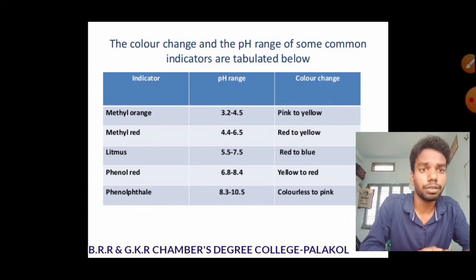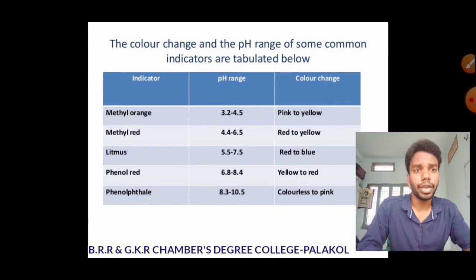Litmus 5.5 to 7.5, red to blue, right? Phenol red, this changes from acid to base. Okay, phenol red 6.8 to 8.4, yellow to red. And phenolphthalein 8.3 to 10.5, colorless to pink. That means colorless in acidic medium, and in base it shows pink color. Its pH range is 8.3 to 10.5, right? So these are the different kinds of acid-base indicators, their pH range and the color changes in respect to